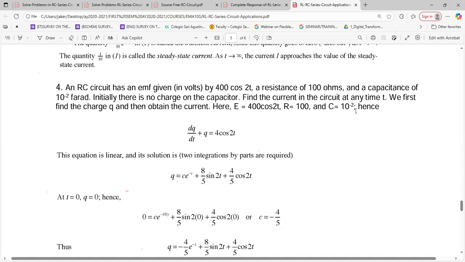100 times 10 raised to negative 2 is simply 1. So that is why you don't see any number here that goes with the Q, because Q over 1 is still Q. Then the right side is 4 cosine 2t. Now, it's 400 cosine 2t. Why is this only 2, 4? Okay. So we better change this one, the given of 400 to only 4. Okay? Okay, because here in the right side, what is given is 4 cosine 2t, so that we won't have